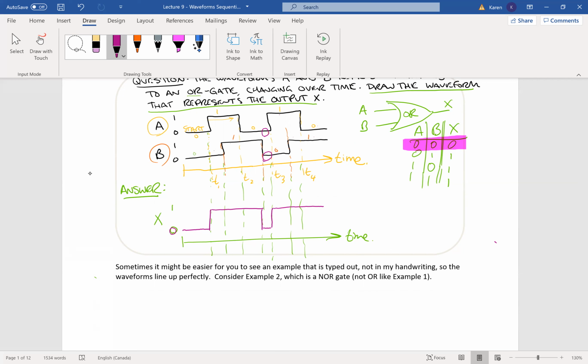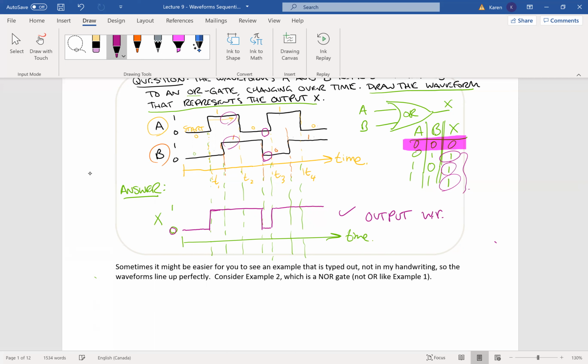I could look at each segment and say, well, I have a 1 here, 1 and 0, the output is a 1, and 0 and 1, the output's a 1, and so on. I could look through there, and here's where it's 1 and 1, it's 1 and 1 here. And I could draw each little segment separately, but I could be a little bit more efficient by just saying all the rest of the answers are a 1. So this is the correct answer. So this is output